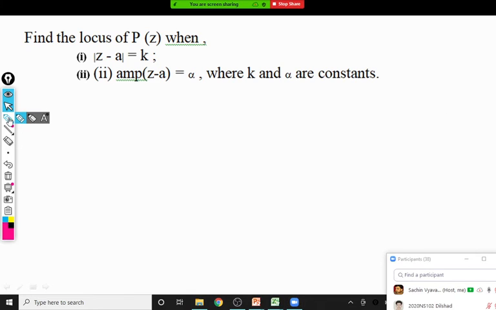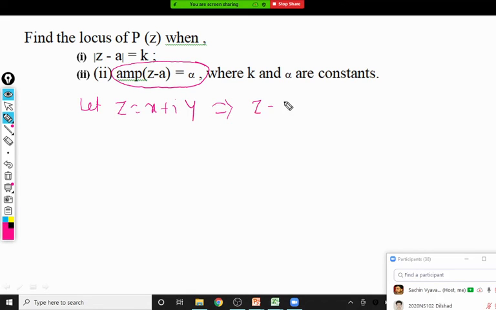So let me do the second part. Now we have to find the locus for amplitude of z minus a equal to alpha. So again we'll start with the same for the second bit. Let z is x plus iy. That gives us z minus a is x minus a plus iy. Therefore, amplitude of z minus a equal to alpha implies